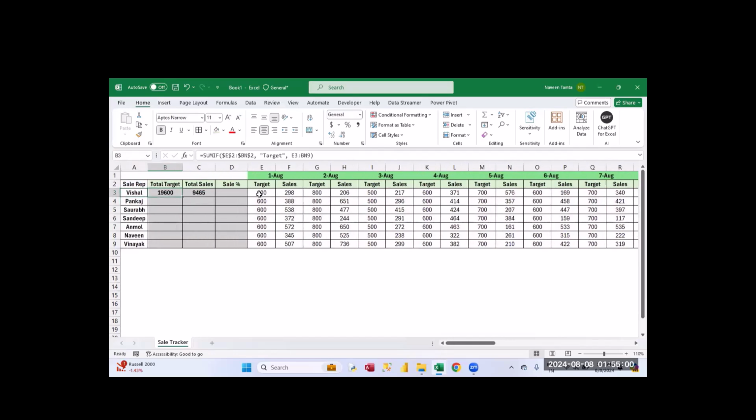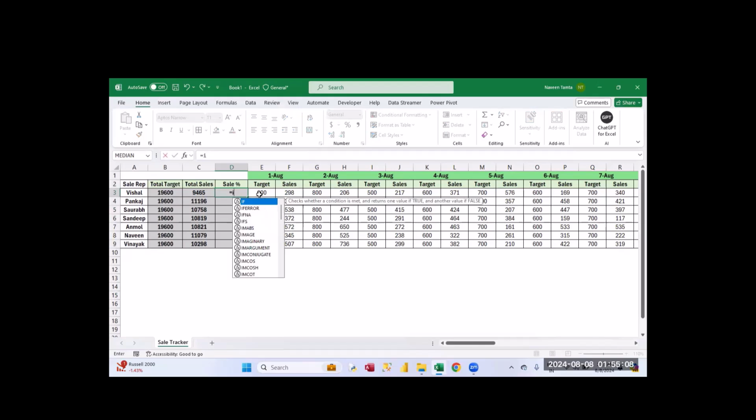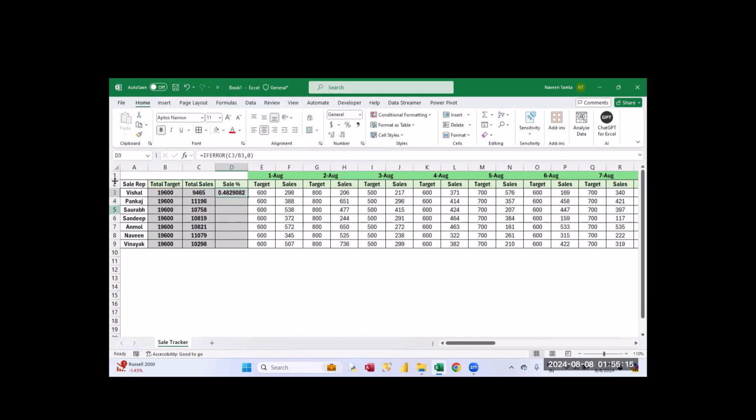So against this target, this person has achieved this. Now you can drag the formula and calculate the sales percentage as per the requirement. And I will convert this to percentage. And so this is the performance for the entire month.